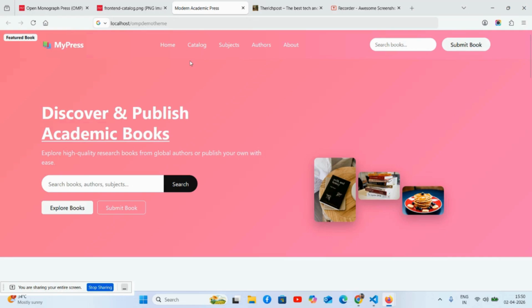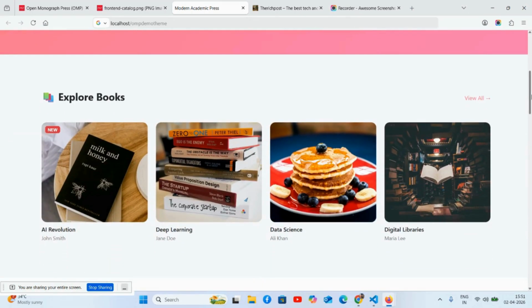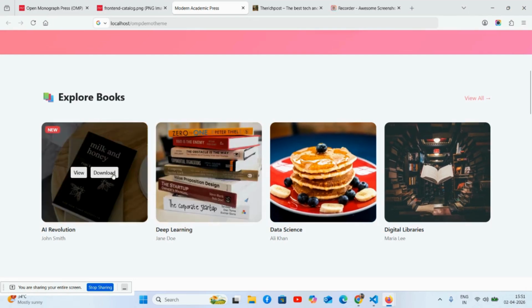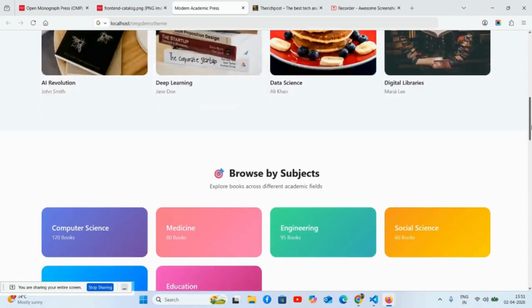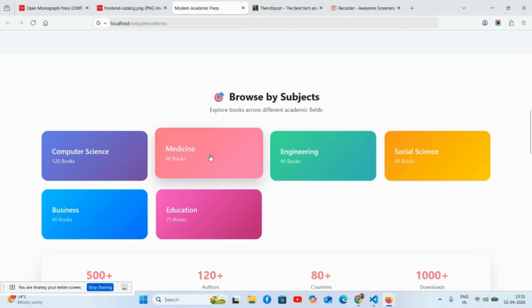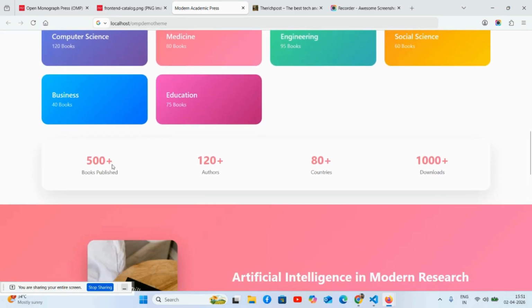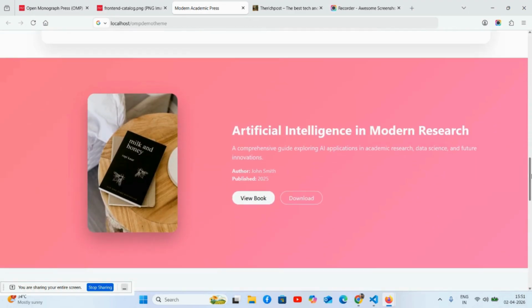See friends, the top section, and also it's fully responsive, it will work on all the devices. And the top navigation section, beautiful hero section friends, see, scroll down, explore books, and friends, see the hover effect, see, and scroll more, browse by subjects, see friends, beautiful hover effect, and the stats for books, and beautiful book section,